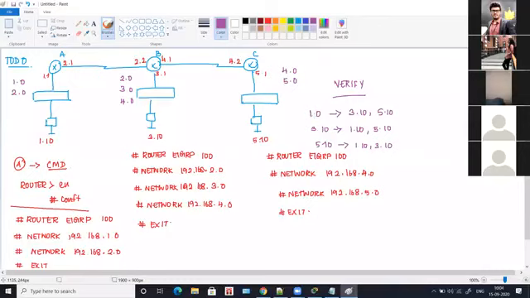EIGRP, so to summarize, this is the most commonly used protocol, where you use an autonomous number, and the autonomous number for all the routers should be same. It can be any number. You can also have 200, 300 if you want. It is not that you should have 100 only. Any number between 0 to 65,535 is well and good. Okay, and this is the configuration for EIGRP. Okay, so I hope this is clear.